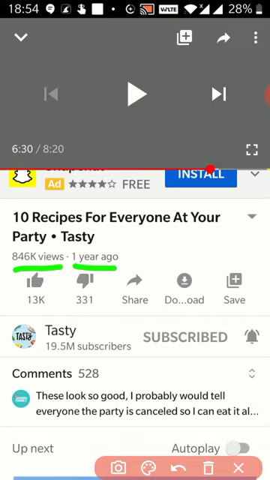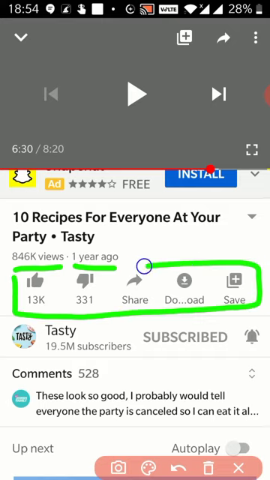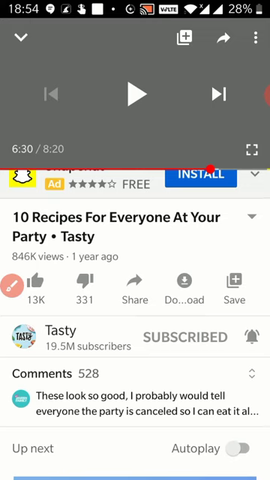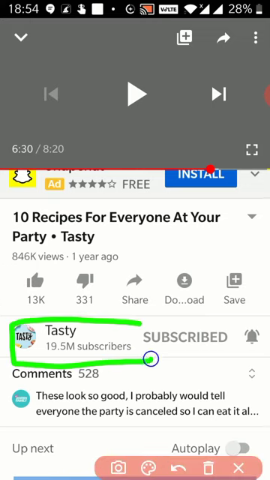Then again, these 5 options I've already discussed earlier. There is like, unlike, share, download and save to watch later. Then you will be able to see the name of the channel, how many subscribers there are, whether you've subscribed or not, the notification bell, again all this is already discussed.